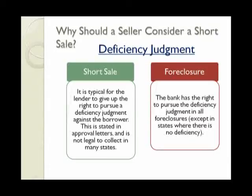So those are some of the main reasons why a short sale is in a homeowner's best interest to do. Future employment, future credit, future loans. There are numerous reasons why a homeowner should at least consider them, and even compare to a bankruptcy too. Next, let's talk about a few different alternatives for homeowners that are in financial hardship and need to sell properties, or they're in distress. The first one we'll talk a little bit about is